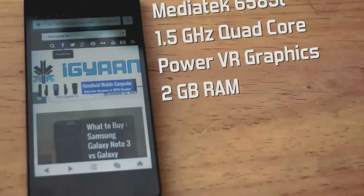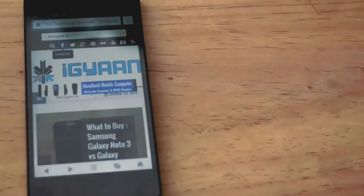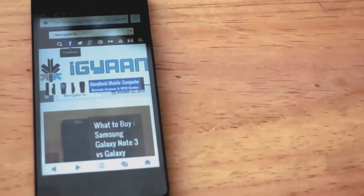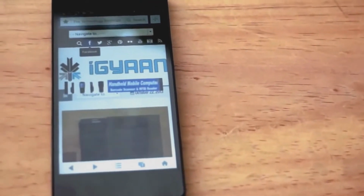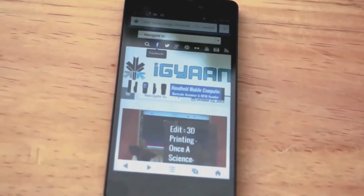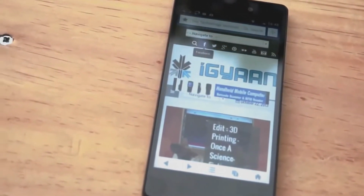We also get 2 GB of RAM, which is incredible because most of the players in the market offer only 1 GB of RAM. You get a full HD display over at the front, which is also really impressive because in most cases you get a 720p display. So you get a 5-inch full HD display, decent processor, 2 gigs of RAM, and 32 GB of inbuilt storage,